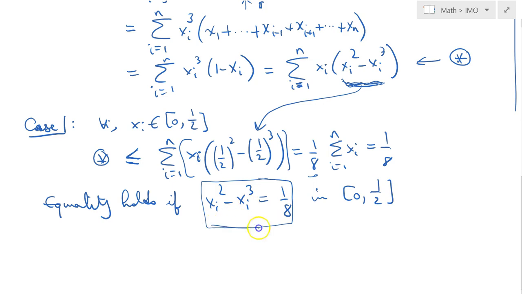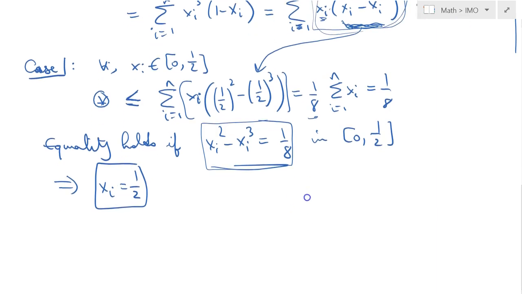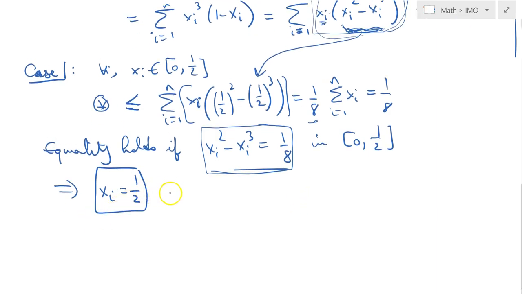And in this interval, this expression is equal to 1/8 only when all the non-zero xi's are equal to 1/2. So all the non-zero xi's have to be equal to 1/2, but combining this with the fact that all the xi's add up to 1, it would further imply that there's only one possibility, so this will hold if and only if